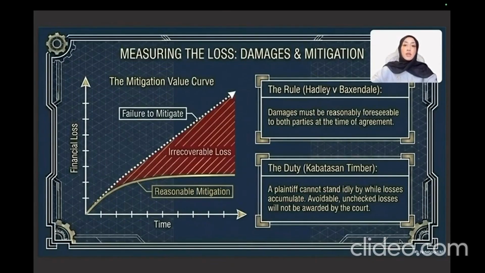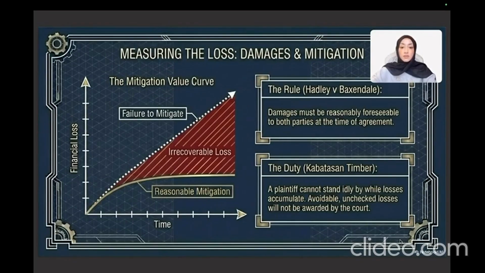Winning a case does not mean you get an unlimited payout. The court follows two very strict rules to keep things fair, the first rule being from the case of Hadley and Baxendale. This rule dictates that damages must be reasonably foreseeable to both parties at the time they made the agreement. If a loss is too remote or totally unexpected, then the court will not make the other person pay for it, as we want to compensate for the breach and not punish the person for every single butterfly